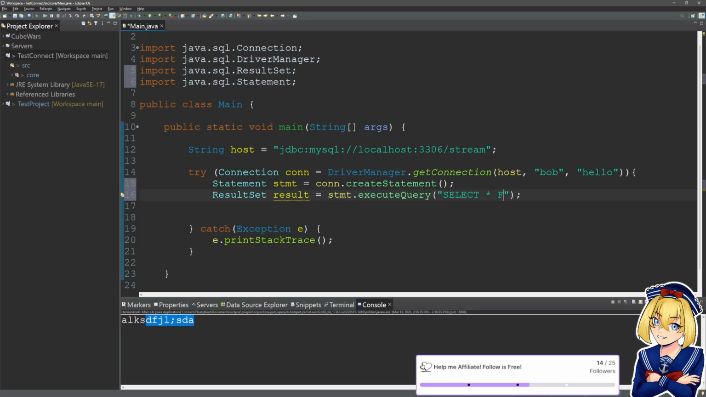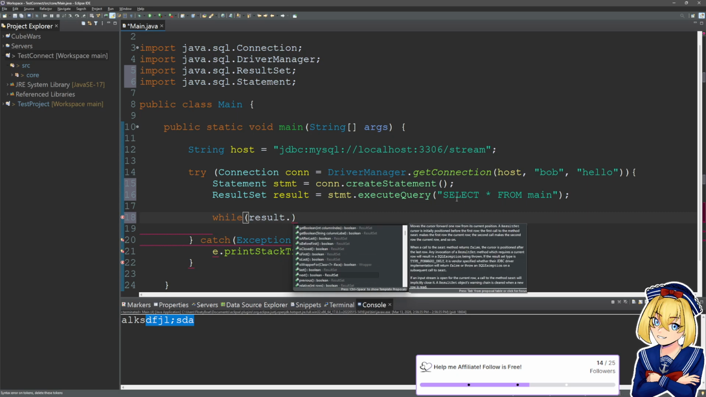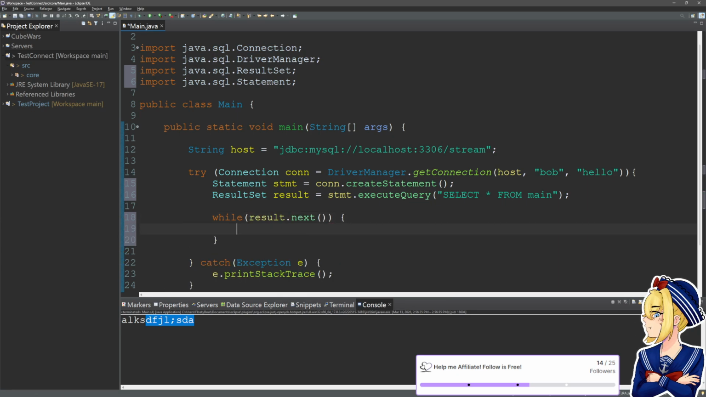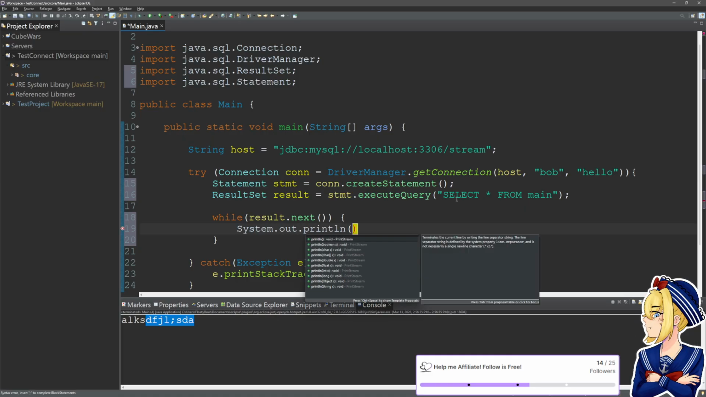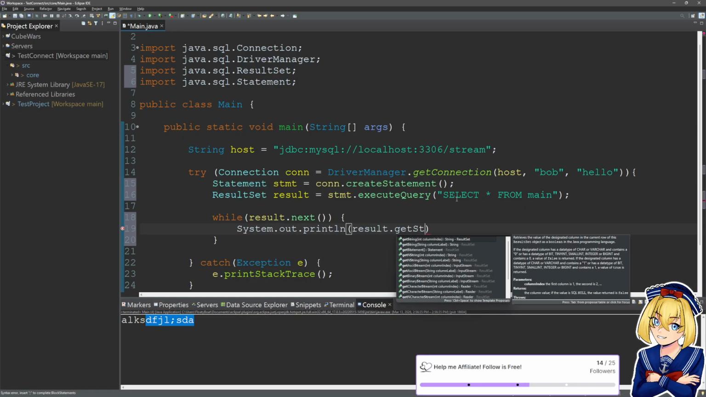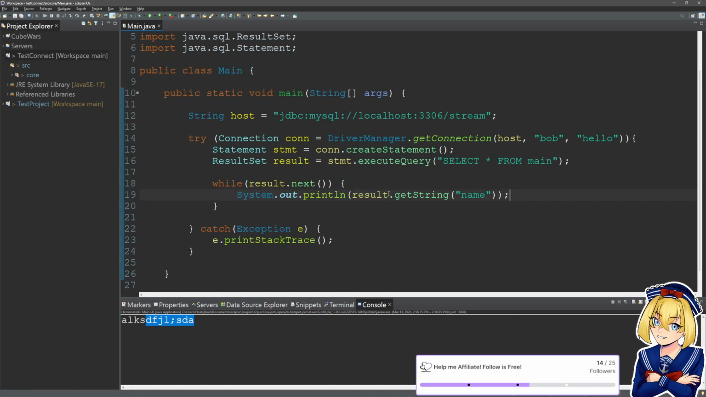Select all from main is going to be our query. And then while result dot next, then we are going to system out print line result dot get string name. Okay, nothing's highlighted or anything. It looks like this is gonna work. So if we run this,